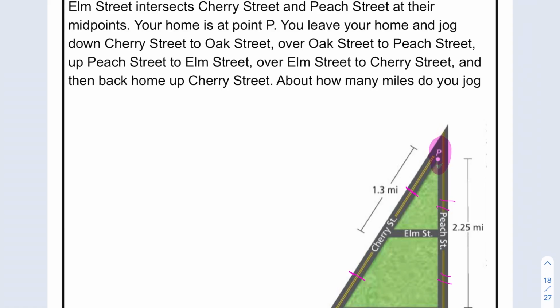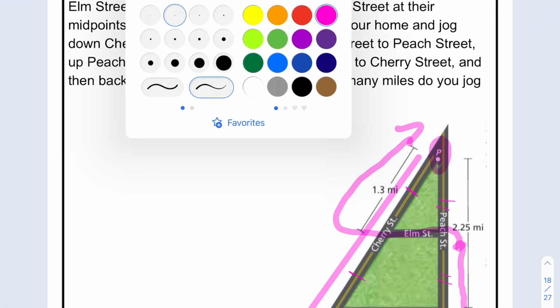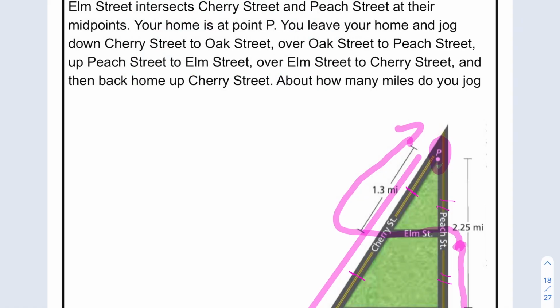And we're going to go on a jog. We're going to go down Cherry Street to Oak Street, right here, Oak Street, up Peach Street to Elm, back Elm, and then back home. So what do we got going on here? So we're going to go